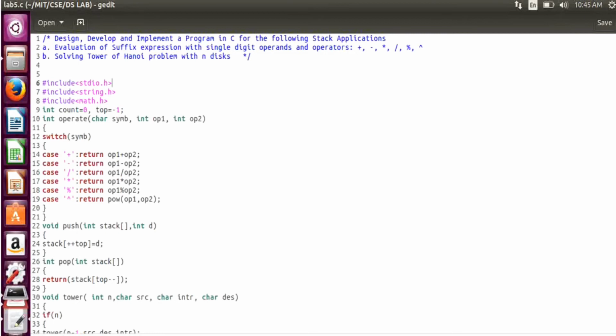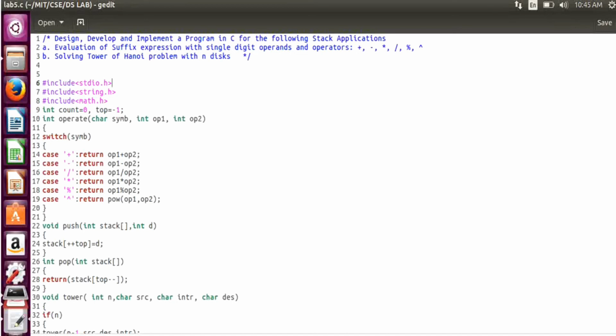Hello everyone, let us look into the fifth lab program in Data Structures Laboratory. So what is your problem statement saying? Design, develop and implement a program in C for the following stack applications.